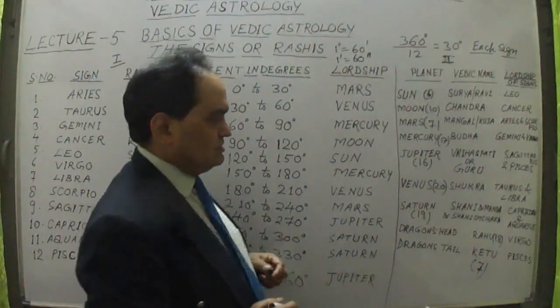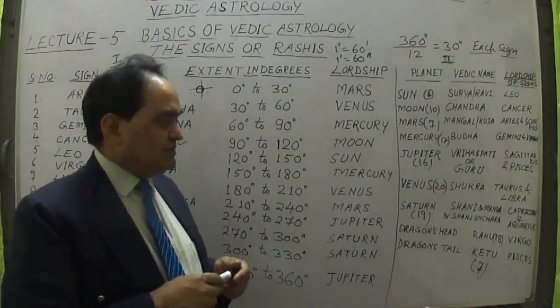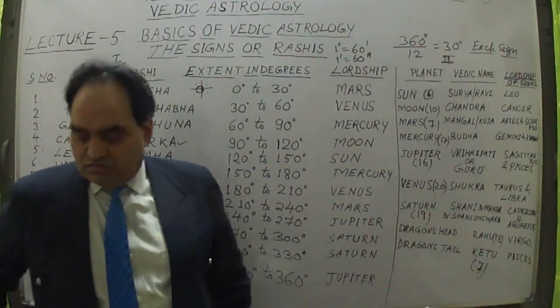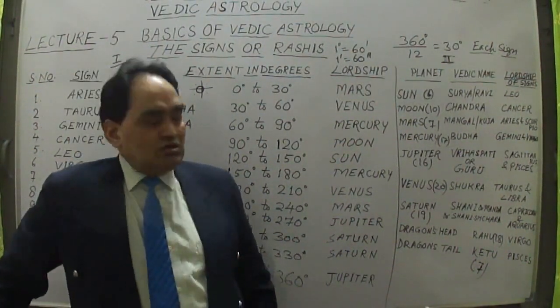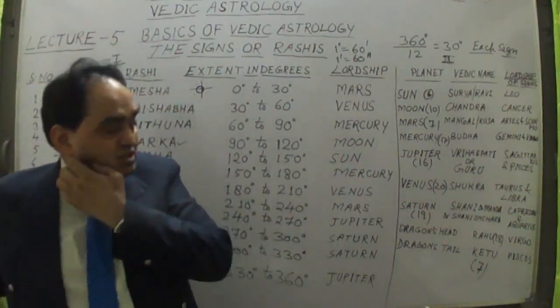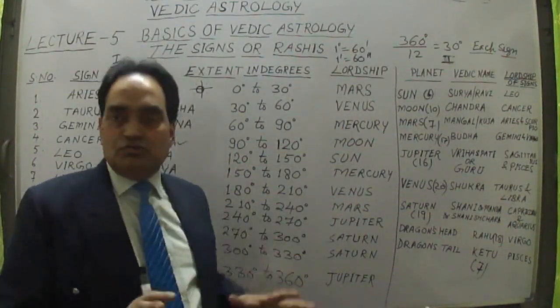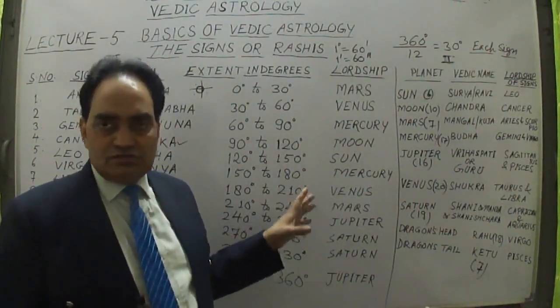7 years, right? Major periods of each planet are given in this way. So this is how the time periods or major periods of every planet are calculated. This we'll talk about in a later lecture series. But in this lecture series, I have just talked about the signs, those 12 signs, the names of